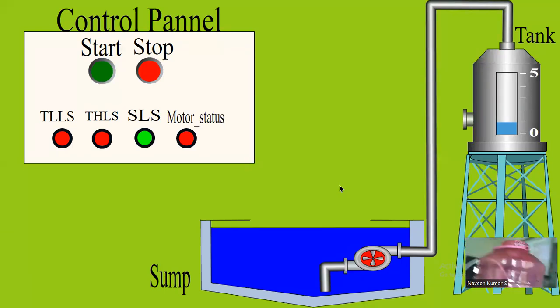Now the motor is off. That can be seen here. You can see on the monitor screen, that is motor status. The motor is off. And since there is no water,